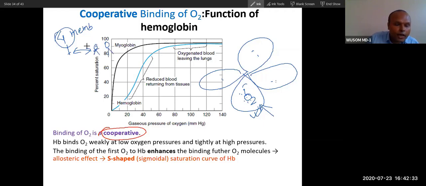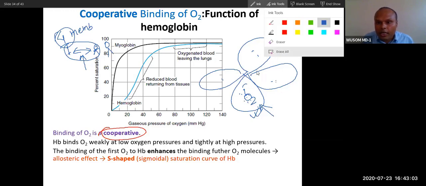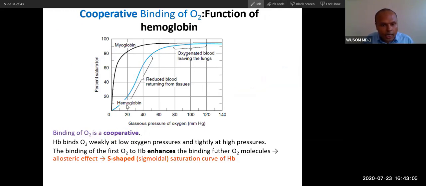What will happen? First, the friendship with you will be difficult. After he makes friendship with you, friendship with other members of your family, with parents, will be easier. This first step is difficult. So how does it become easier? Because you will help him make friendship with the others. This is called a family phenomenon, a cooperative phenomenon. The same type of phenomenon is present in multimeric proteins, in hemoglobin.